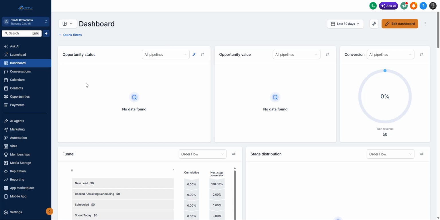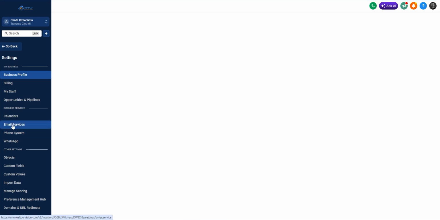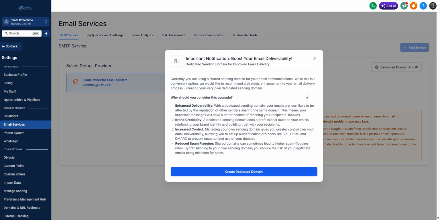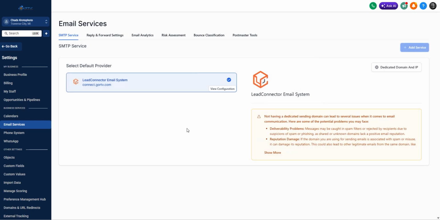So go ahead and log into your CRM and then go to your settings, email services. You're going to get this pop-up here. It's going to tell you to essentially do what we're about to do. We'll just go ahead and close that right now. And then this is the default provider through the CRM. And this is what you're going to want to change so it looks like it's coming from your domain. So let's go ahead and click on dedicated domain and IP,